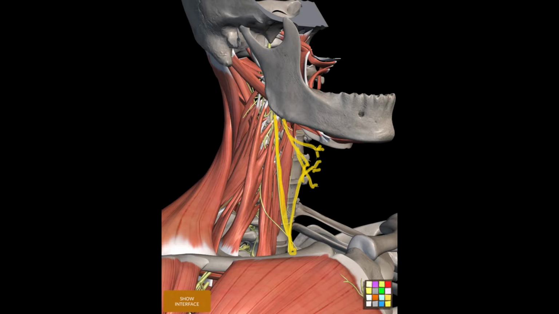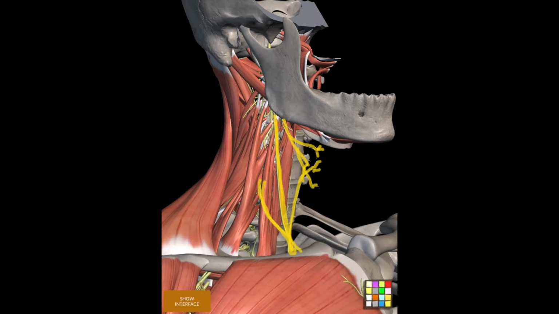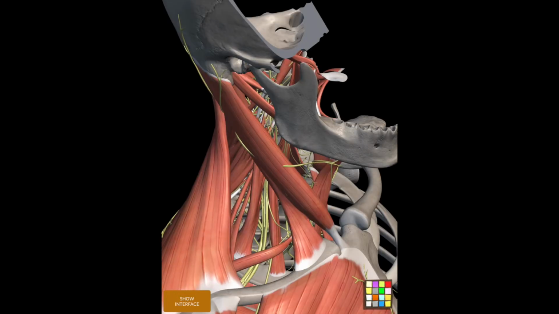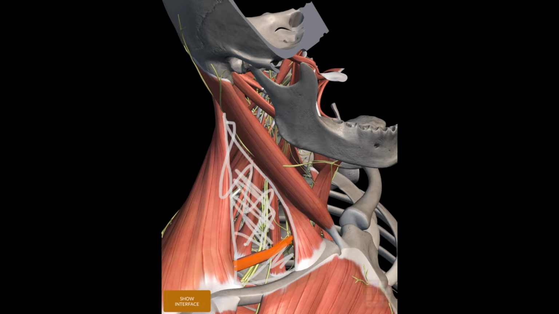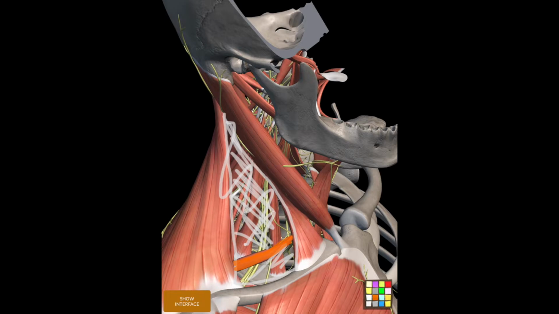And finally, this smaller nerve, which also descends into the thorax, is the phrenic nerve from C3, 4, 5, keeping the body alive, supplying the diaphragm. Putting some of the structures back and just having a look from a slightly more superior viewpoint, we can see here the posterior triangle or lateral cervical region, further divided by the inferior belly of omohyoid, and the upper part remaining is the occipital triangle because its apex is up at the occipital region, and up